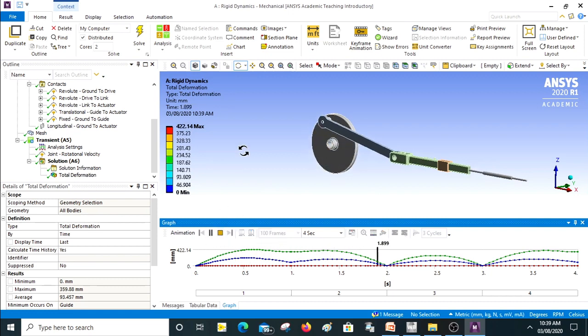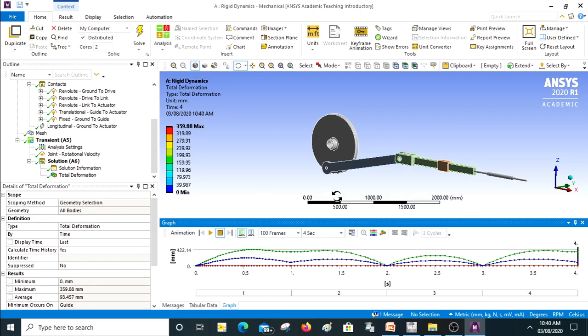So initially it goes clockwise, then it comes anti-clockwise. That anti-clockwise I was able to do with that negative sign. So that was one of the reasons I took 4 steps. So it's up to you, you can have only 1 step. Okay, so that's it. Now you can also save this as a video file.